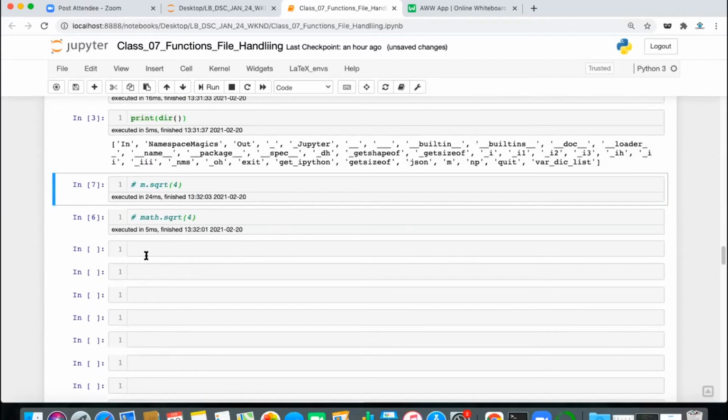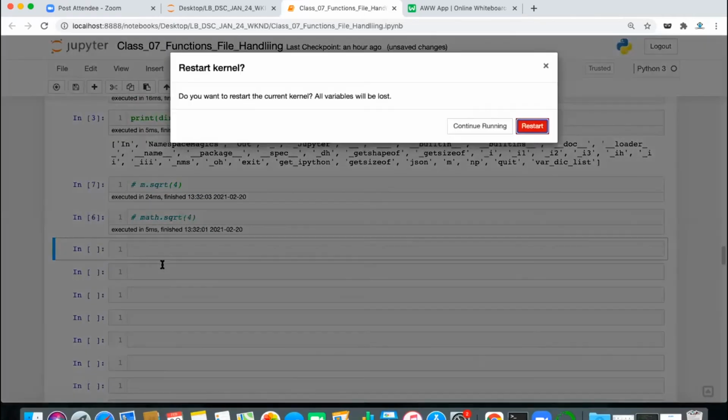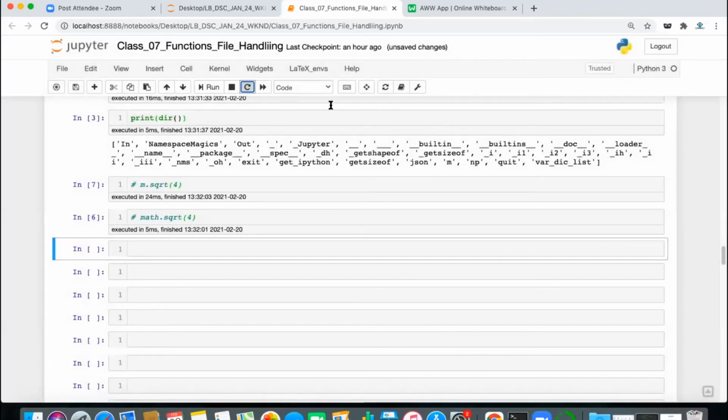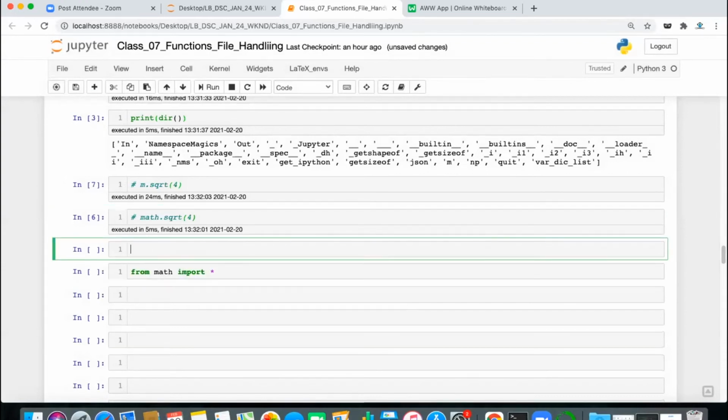Fine. There is one more way of importing: you can write from math import star. Now what is the advantage of it? Let's see: when you imported math, only math got imported.